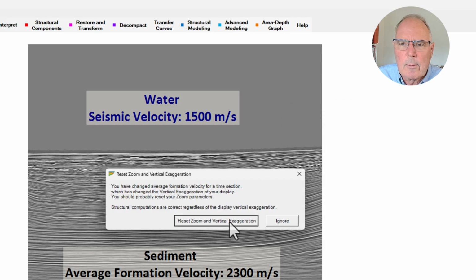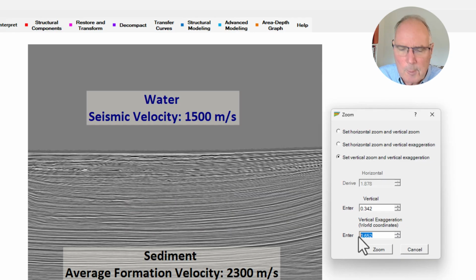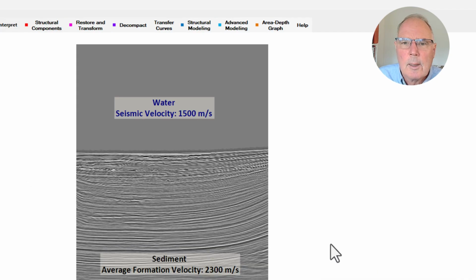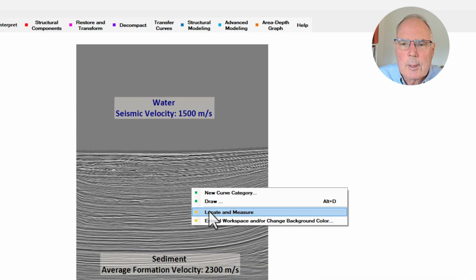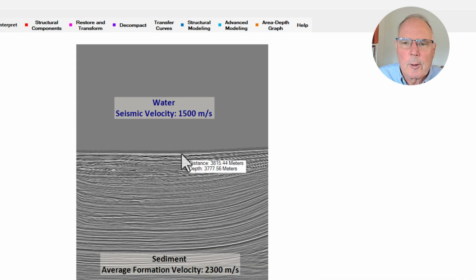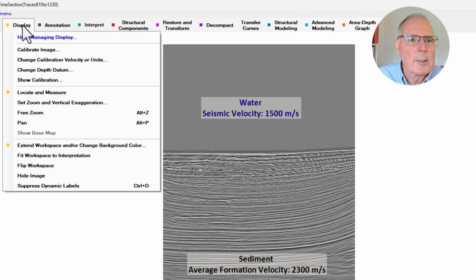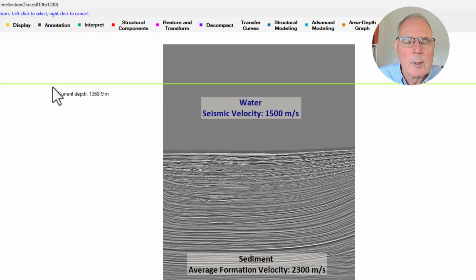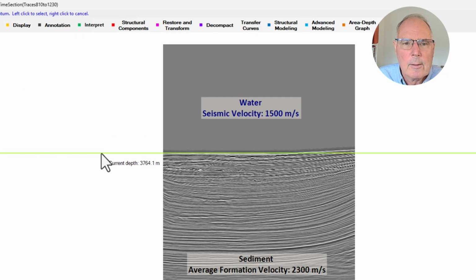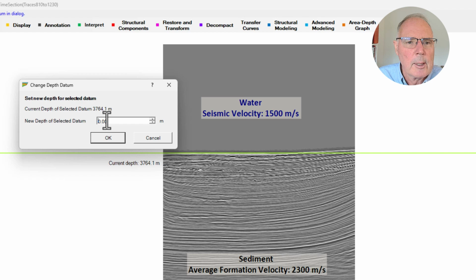And we will reset the vertical exaggeration to 1. And at this point, we will see that the apparent water depth now is about 3,700 meters, which is much too great. However, we now have a new function, which is Change Depth Datum. So we can bring this line down, click on the water depth, and then set the value of 2,450